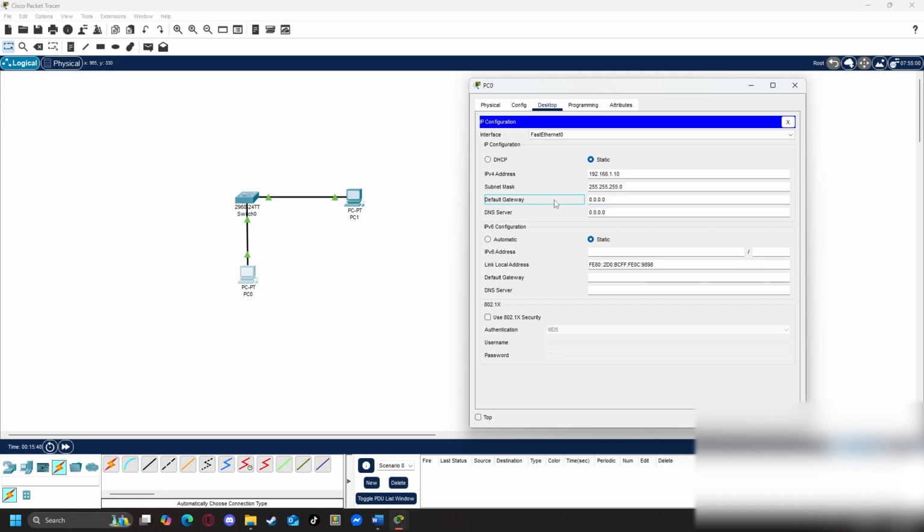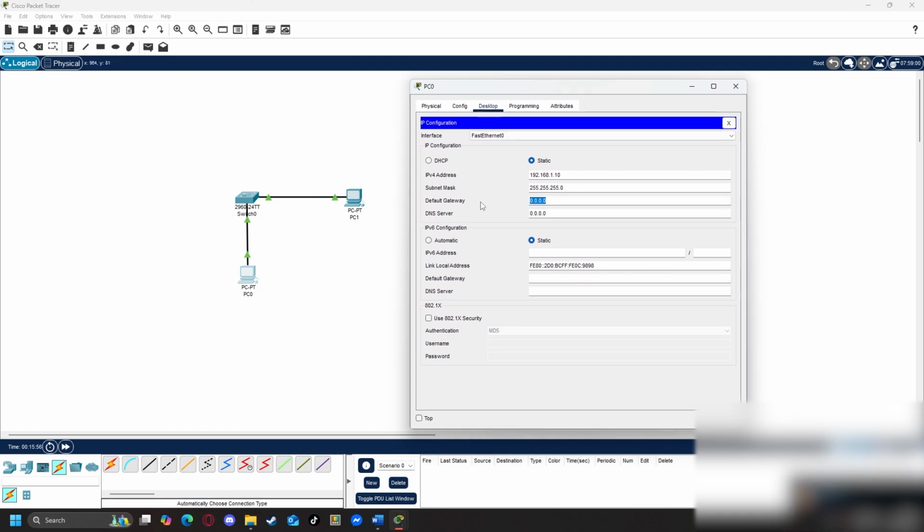Now, I'm not going to need a default gateway yet, because we don't have anywhere for the traffic to go. Basically, if you've got a router, that would be these devices' default gateway, because all traffic would need to go through that device to reach this device. So if something was coming from the internet, it would go through the router into that device.